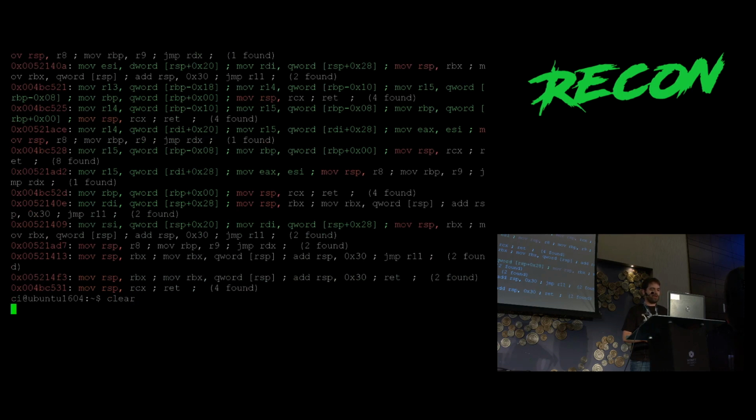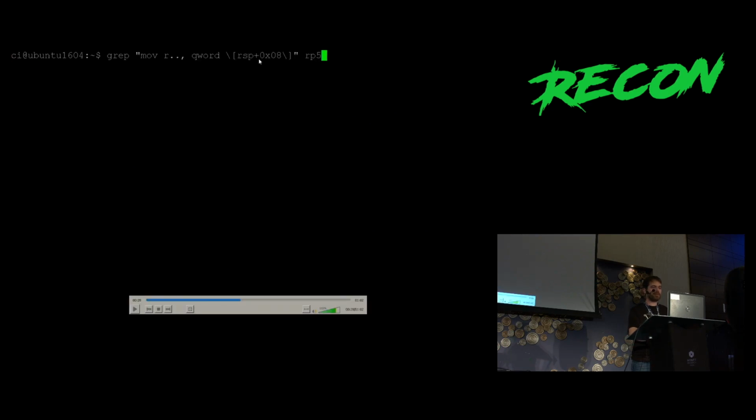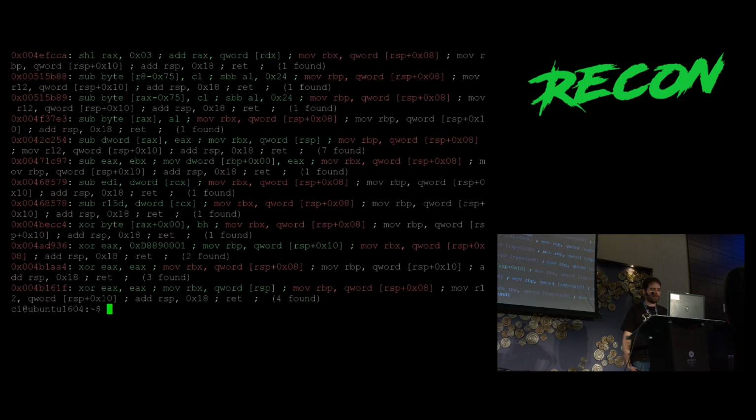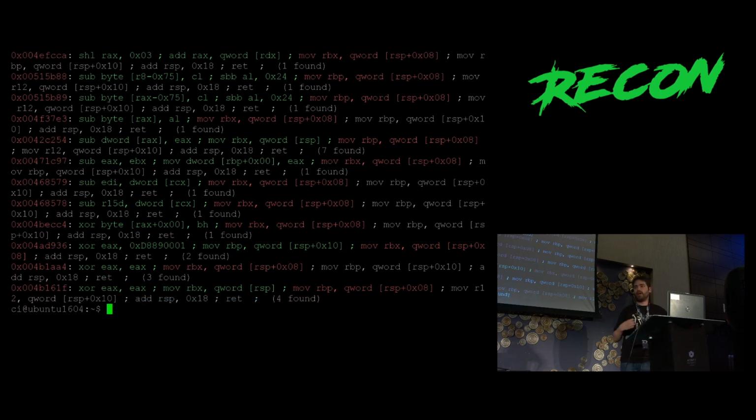So now we'll try to look for gadgets that read from the cell we control, RSP plus 8, and write it in a register. There are a lot of them, and so this is great. Again, we have here our mov rbx, [rsp+0x8]. Unfortunately, the gadget ends with a ret, and we haven't done our pivot yet, so we can't chain this gadget with the mov rbx, rsp that we found before. So there are a lot of gadgets here that we can't use.